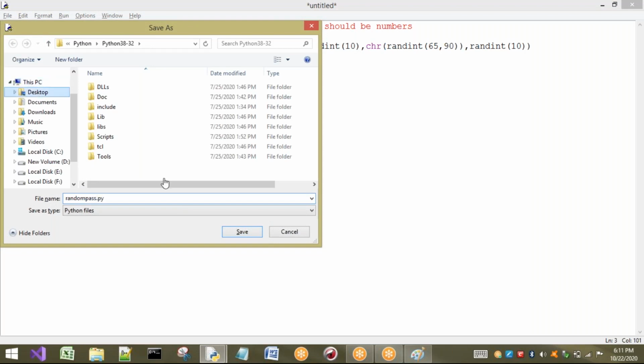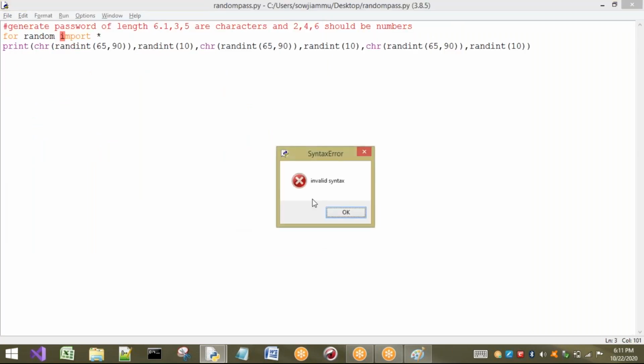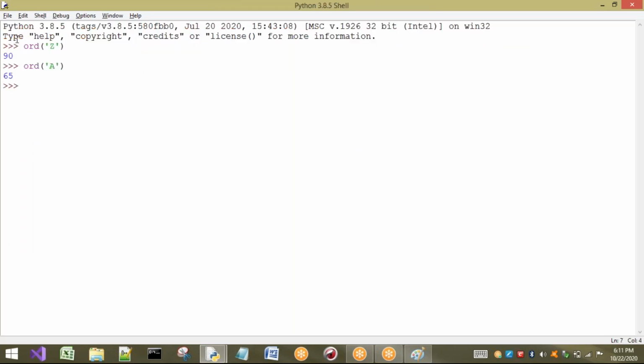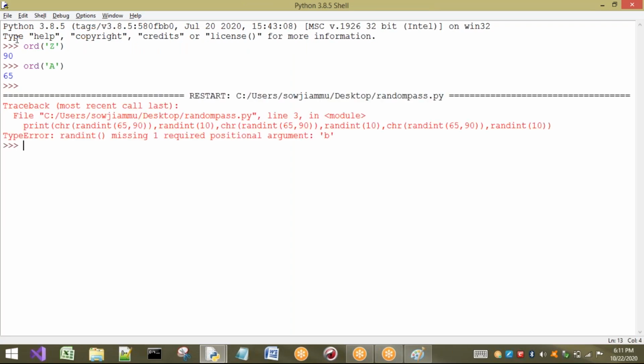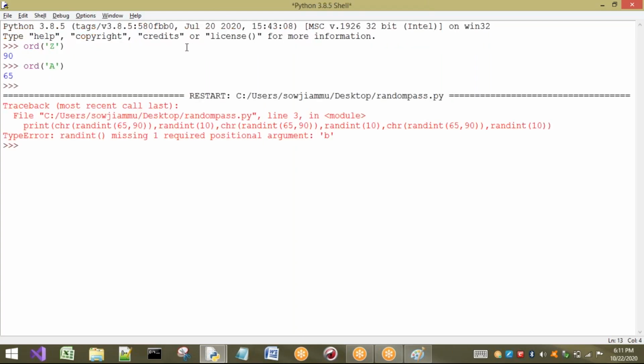Right. Now see here, somewhere a syntax error is there. From random. So here one argument is missing for randint. Generally randint, I have to take two things, so two parameters should be there.